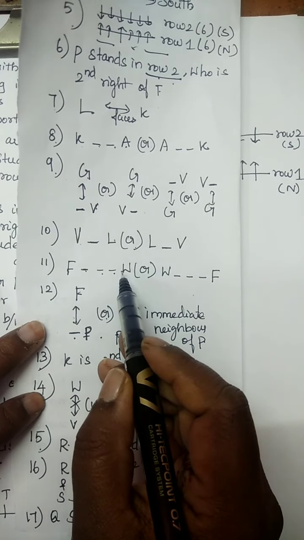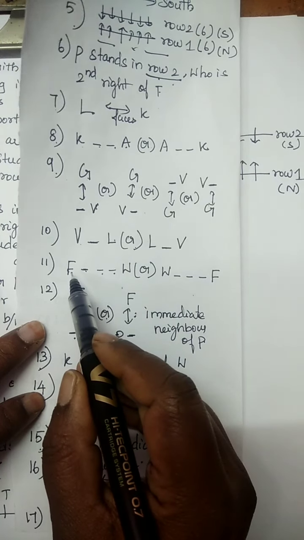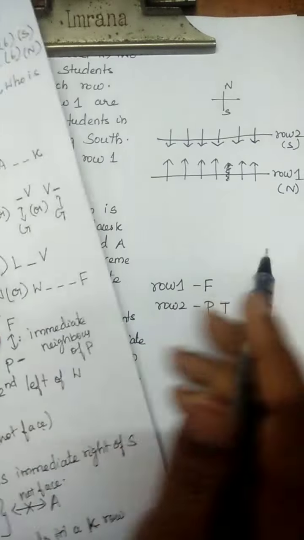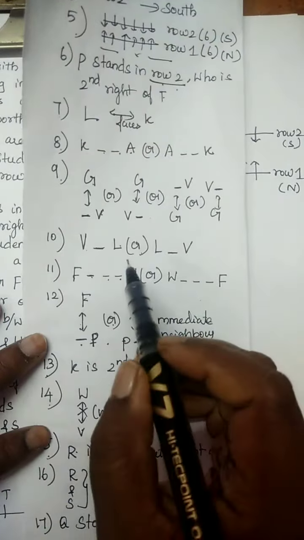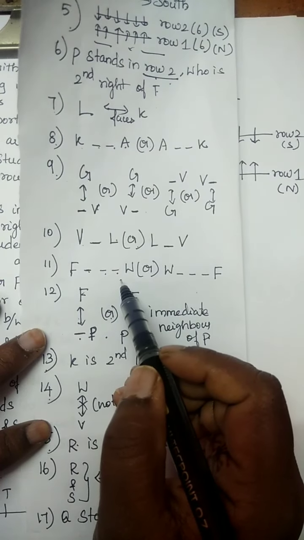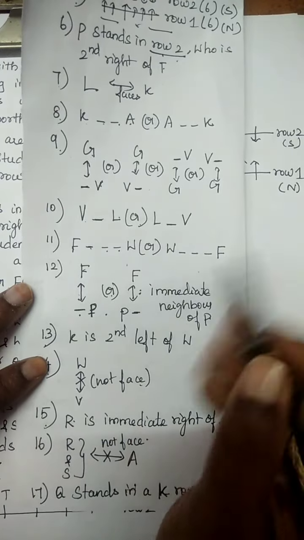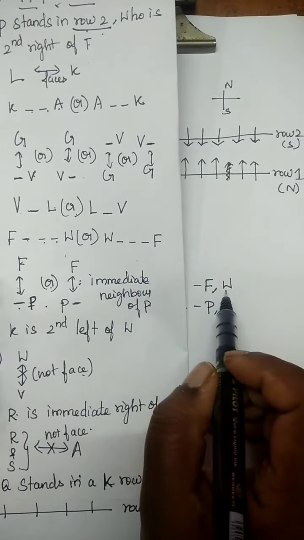Can you get this? F is at row 1. We know that 3 persons between F and W. So W is also at row 1. Now F and W are row 1. Now using this F, W,